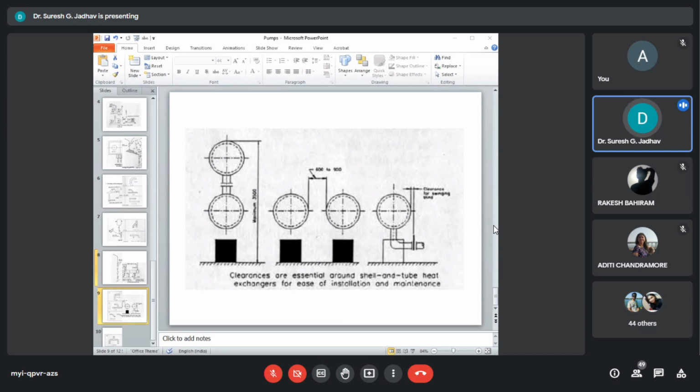Now, the next type is a floating head type heat exchanger. In this type, the fixed tube sheet and U tube type exchangers are used. But this is more expensive.